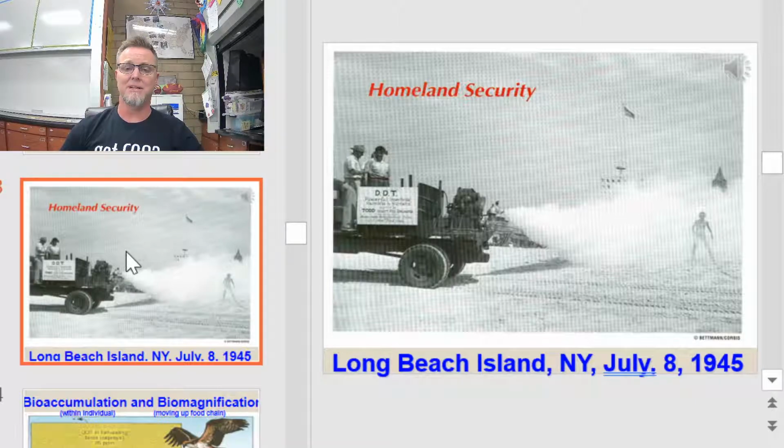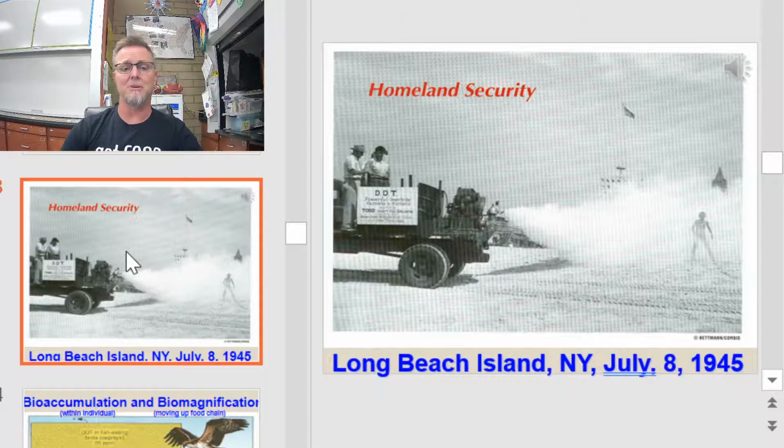DDT is a toxin that, well, for a long time was considered the magic bullet in the fight against malaria and that type of infectious disease. Unfortunately, the mosquitoes that carry malaria became resistant to DDT and now drink it like Kool-Aid. So we can spray all the DDT we want, and they don't care. So that's a problem. Second, we realize that DDT is carcinogenic and a neurotoxin to people. So we can't just bathe beachgoers with DDT anymore. And third, we learned that DDT does not break down in the environment.